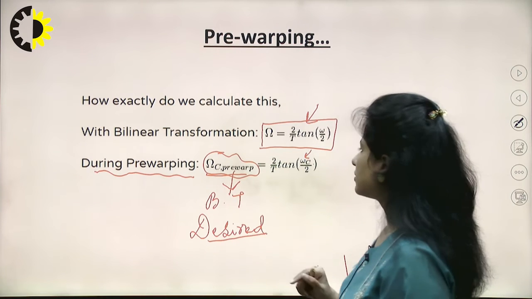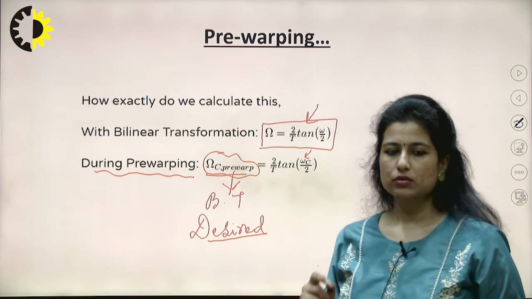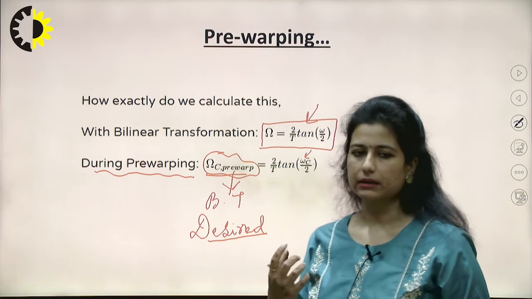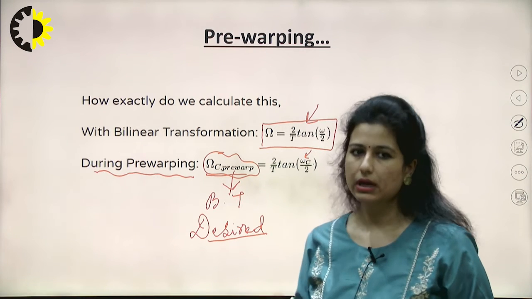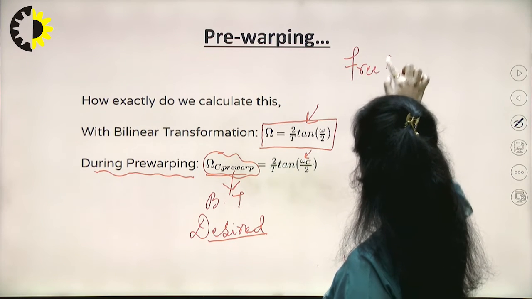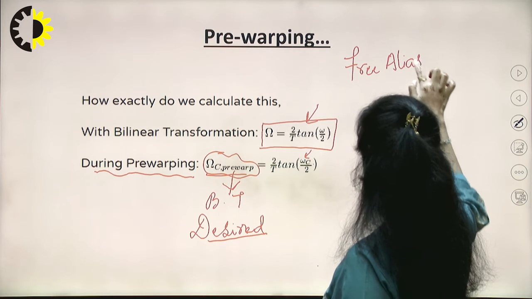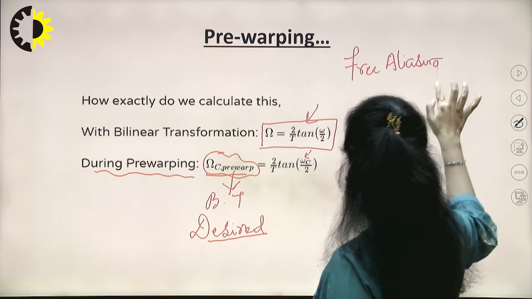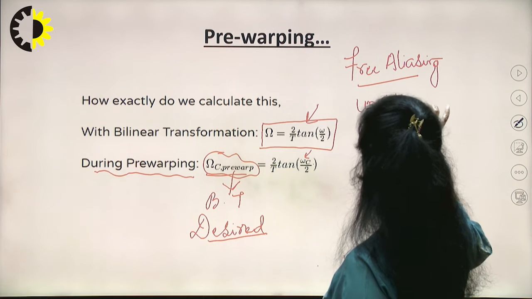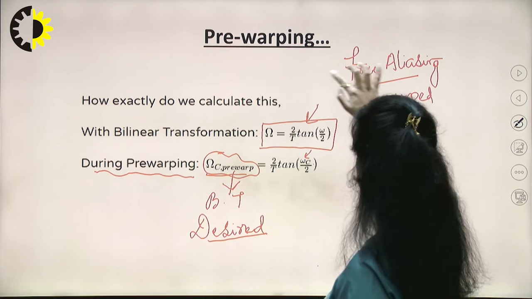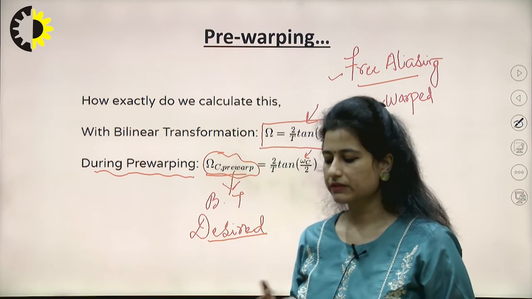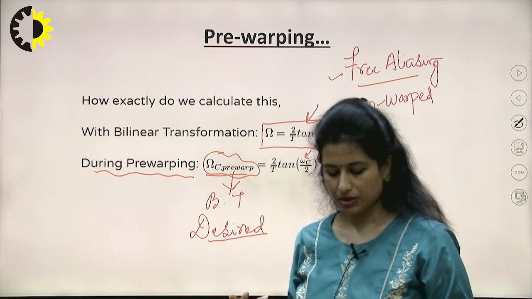So with this bilinear transformation, what I have seen is that a new problem was arising which is called warping, and with the help of this pre-warping method, I have removed that particular limitation. So my output is free from aliasing, and also using this pre-warping technique I get an output which is unwarped. So both the limitations are removed, so we feel that this bilinear transformation is more suitable for transforming the analog system function to the digital one.